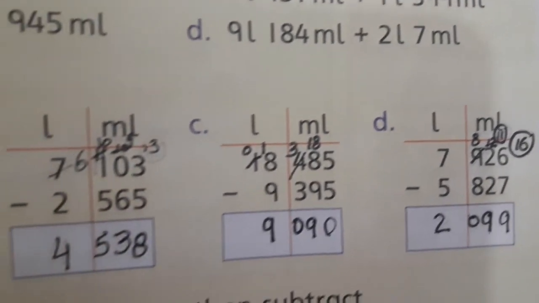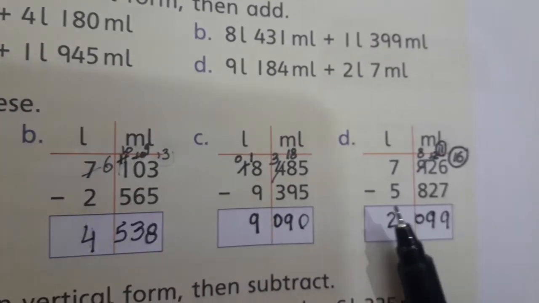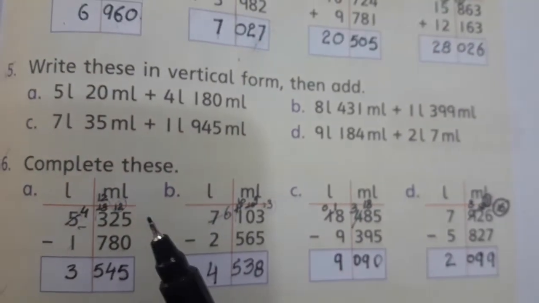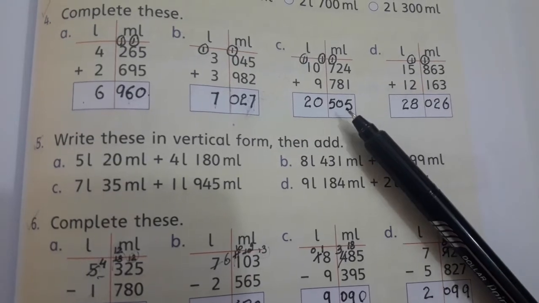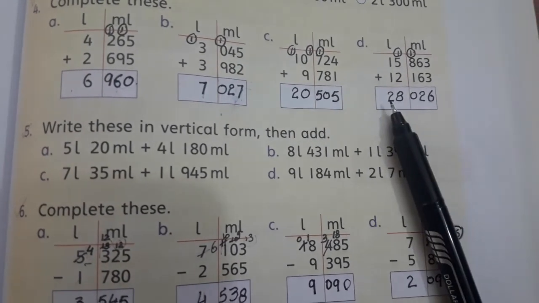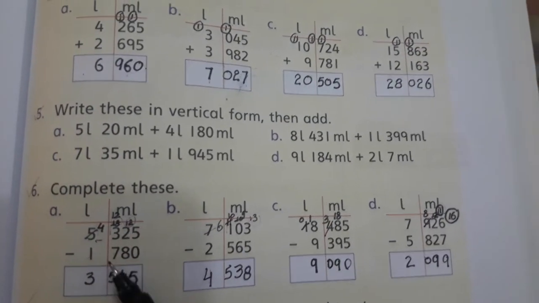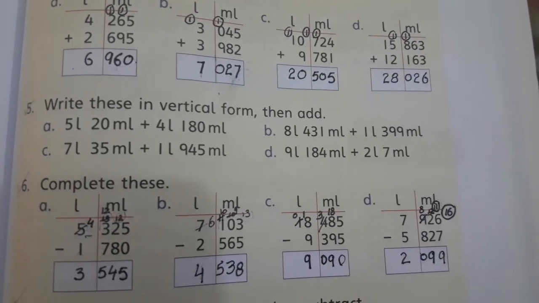So these are our questions. Students, I have left some questions because I want you to try them in your books. So you will complete the remaining questions, C and D part. You will write it by yourself, okay, so that you can understand these questions very well. So that's why I left these 2 questions. You will practice these 2 questions of addition and a part of question number 6. Okay, this is also your homework. Do it in your book.